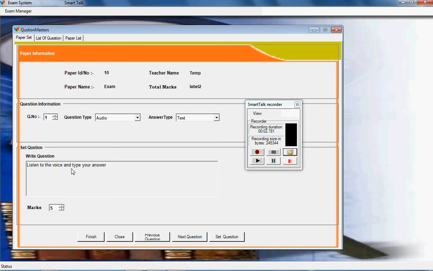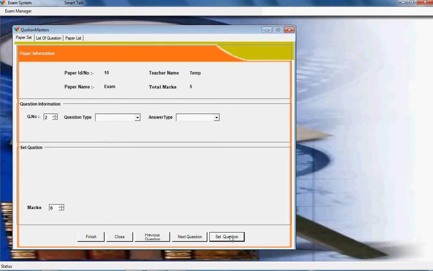And here teacher can assign a weightage for the question. Now click on set question. That's way he can set his own question paper.